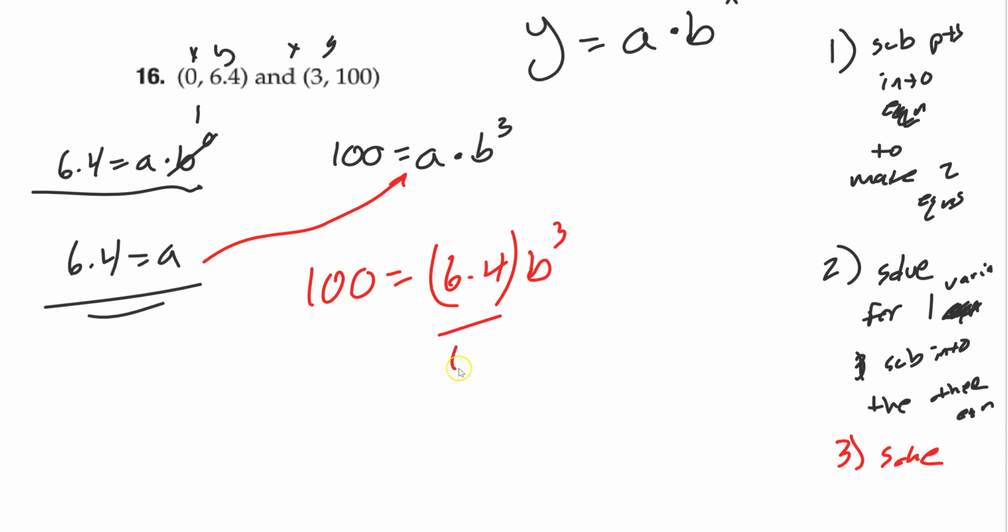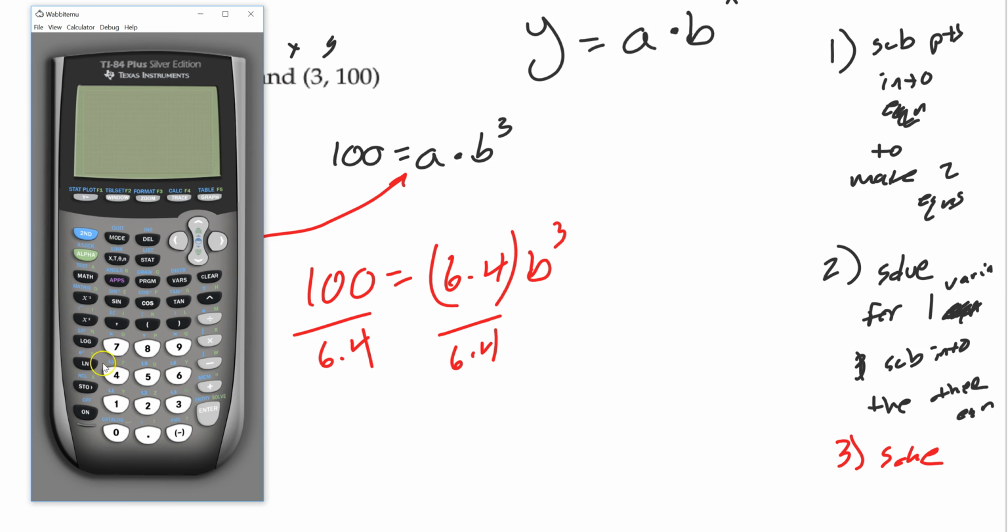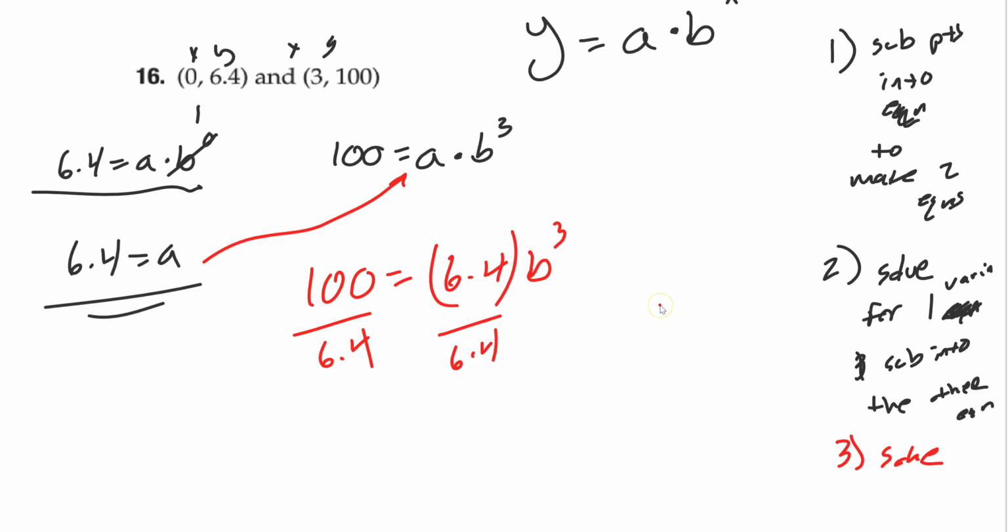So divide by 6.4. 100 divided by 6.4. I want to say it's 16 or 8 or something like that. Let me use my calculator to make sure. 15, I guess I was wrong. 15.625